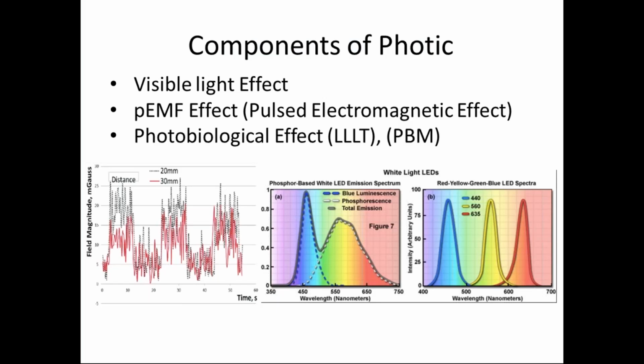One of the things that people don't realize about photic, and even Dave didn't talk about it, most people didn't talk about it, but the lens people kind of stumbled on it. I think they kind of missed the boat, in my opinion, a bit. But one of the things that we really didn't realize is that there's a PEMF effect, pulse electromagnetic effect, and there's a photobiological effect when you're using photic stimulation, even with white light. Now, as you can see, the distributions here, you can see the different distributions of white light